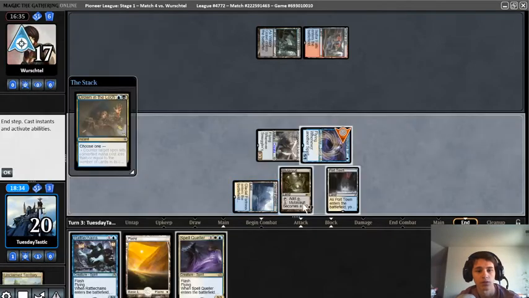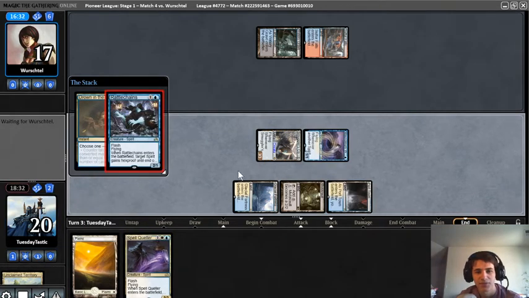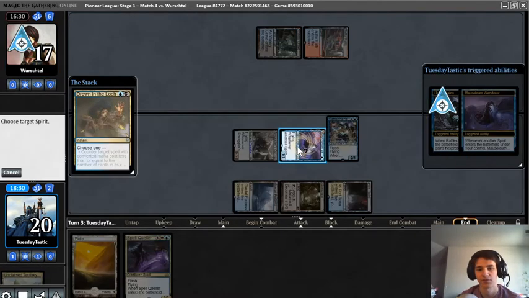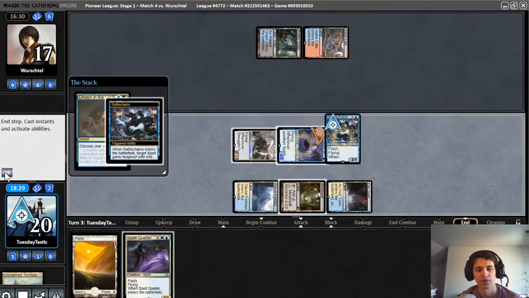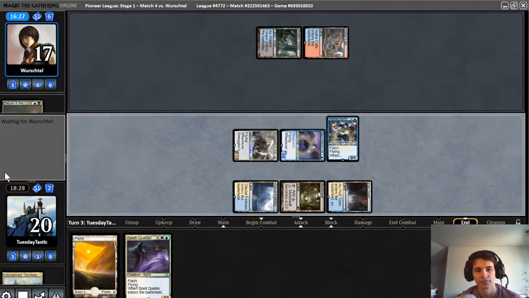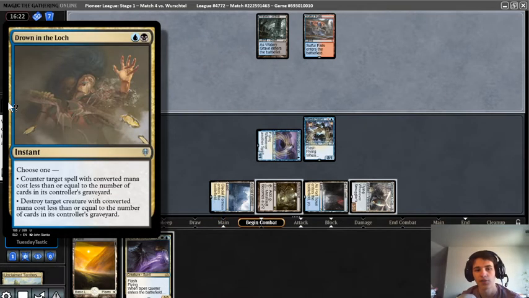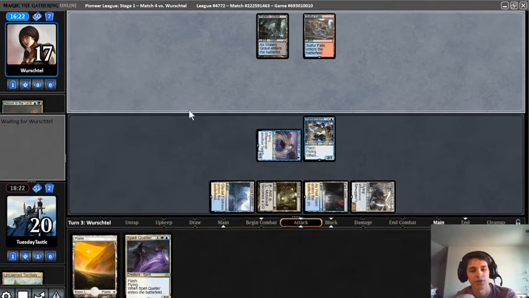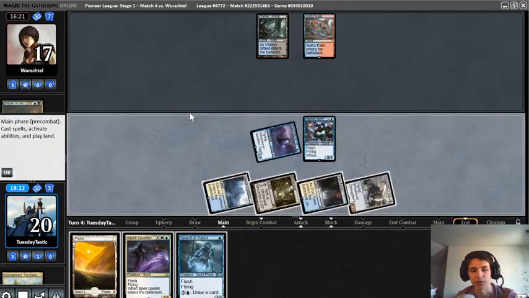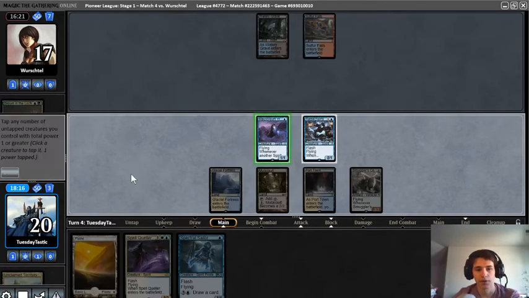Drown in the Lock. Counterspell. Rattle Chains feels so nice. Such a good card. I feel like Drown in the Lock will be pretty good in this format, though. Also, that art is weird. I like it. I like how it's all brown. It's a weird thing to like about it, but...